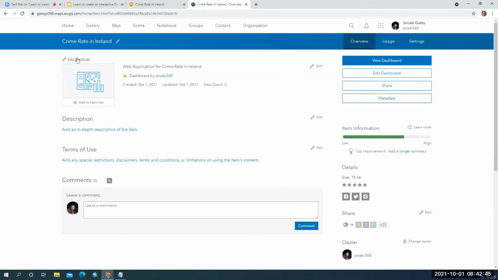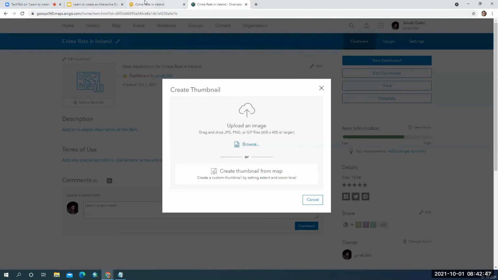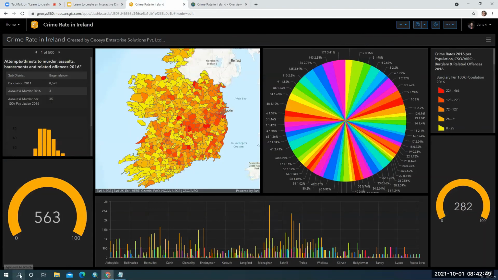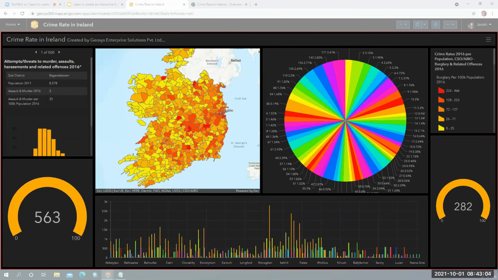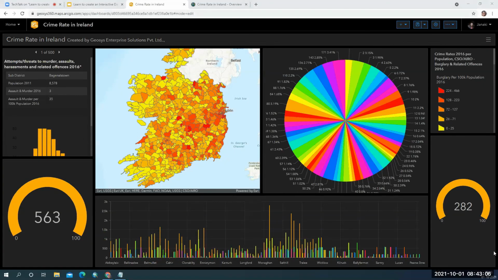So I want to click on this thumbnail and upload an image. What I can do is take a snapshot of this information which I have created just now and save it.